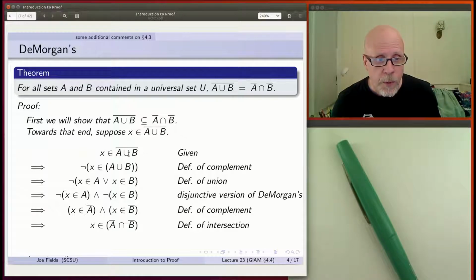So we'll say the given statement is that X is in this complement of A union B. What does that mean? Well, it means it's the logical negation of X being in A union B. So we've just basically applied the definition of the complement. Inside the parentheses here, now I'm going to pull apart the union. If X is in the union of two sets, well, that means it's in one or it's in the other. So